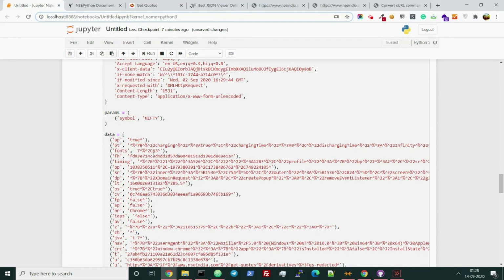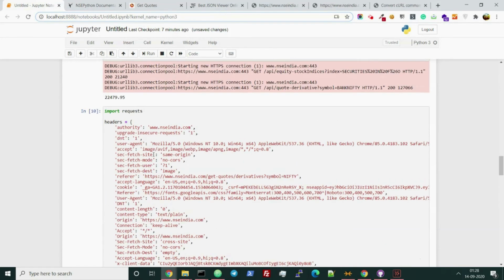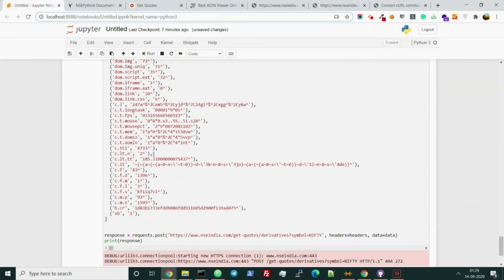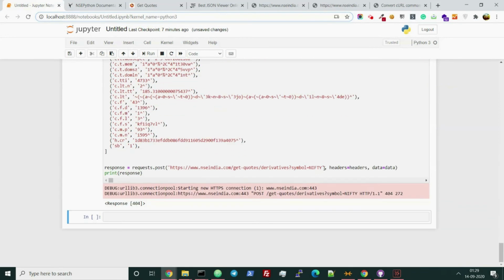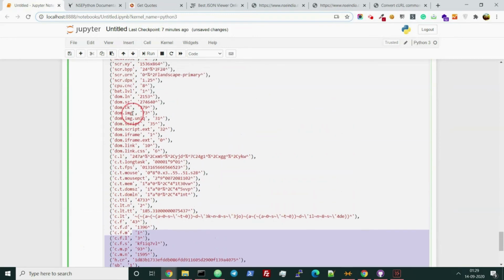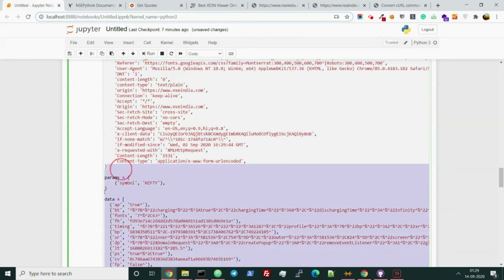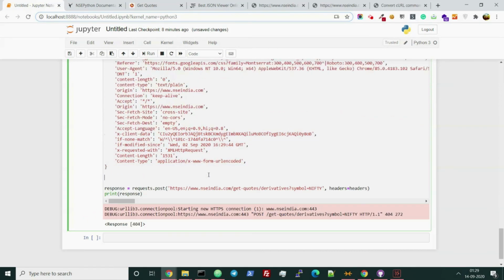So this is the data. What is the URL here? So this is the URL. I am just removing the data as of now. It looks like nonsense right now. I am also removing the params thing because this is already here.